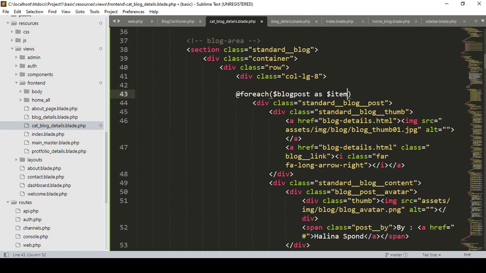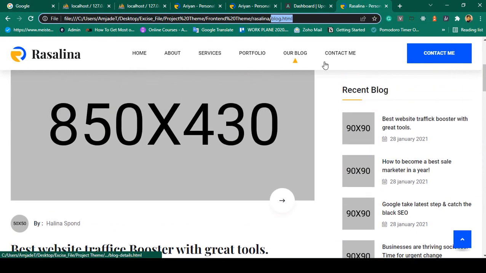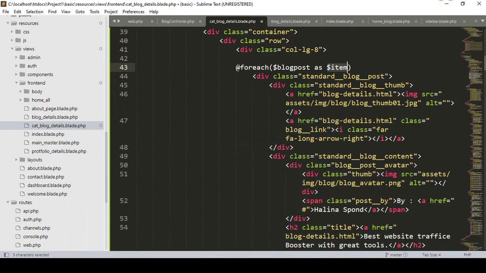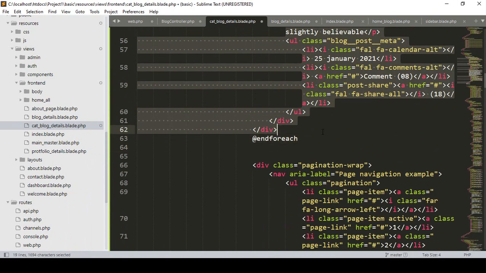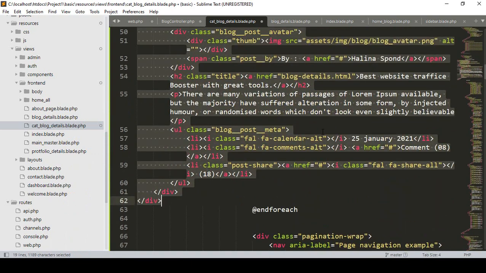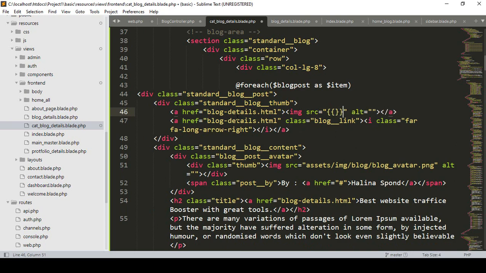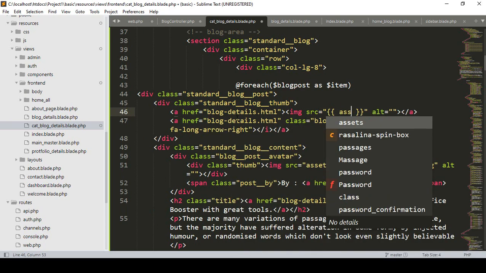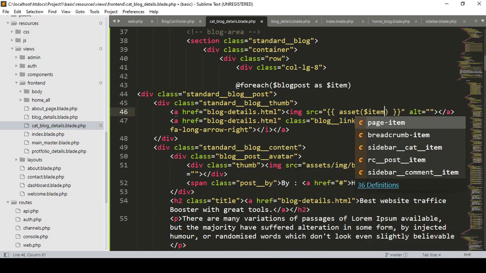Okay, as item. Now with this item I want to display, first of all, there are some images. I want to display this image, and I want to make it a little bit left side, which is totally fine. Now I want to display it. If you want to display, the process will be just like before. Here we have to add that asset, and then with our item,